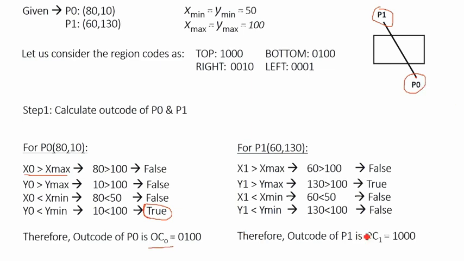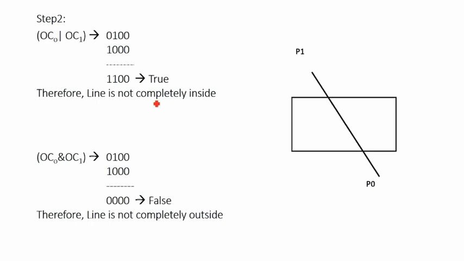Once we get the outcode of these 2 points, we perform OR operation and then AND operation. If they both fail to give us the result, we don't stop the algorithm. So these two are basically algorithm stoppers for us. Either the line has to be completely inside or the line has to be completely outside for us to stop the algorithm. So these two are the conditions which we have to keep repeatedly evaluating to see if we should really stop or not. Once this gives us false or this gives us true, we stop our algorithm.